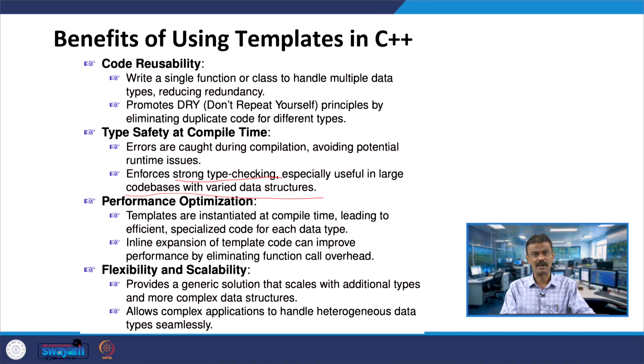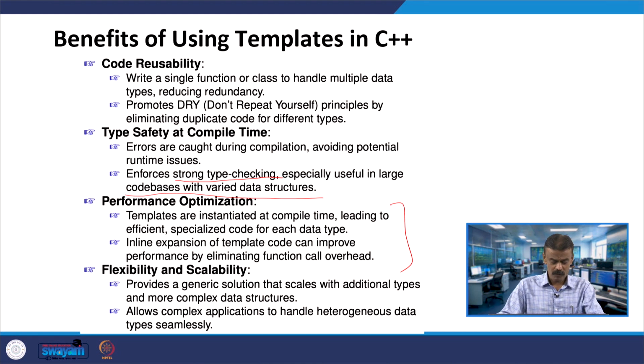Performance optimization, of course: when you are using the maximum of 2 integers, doubles, and let us say characters, where 2 characters are given and the maximum is decided based on the ASCII value, we no need to repeat the code again. That will give you optimized code, and the compilation is only for that particular function, or class also.